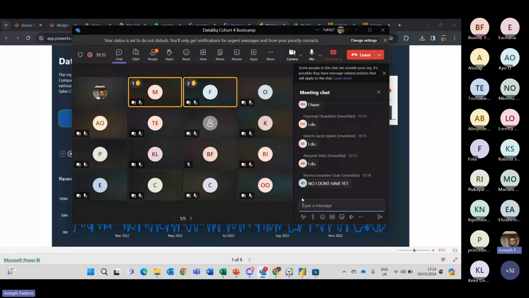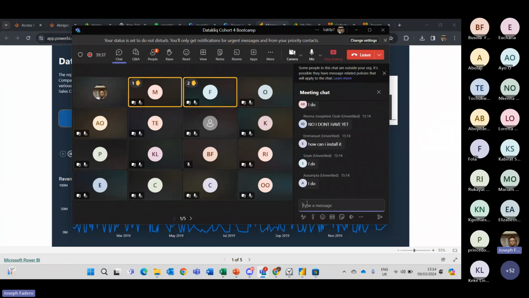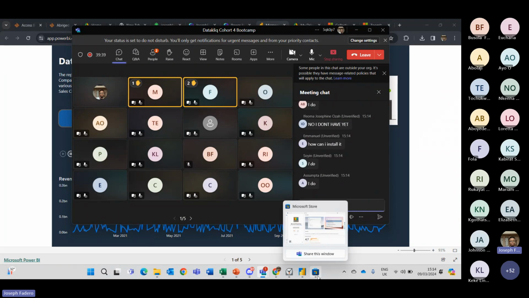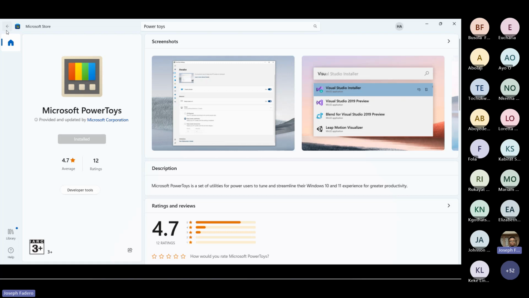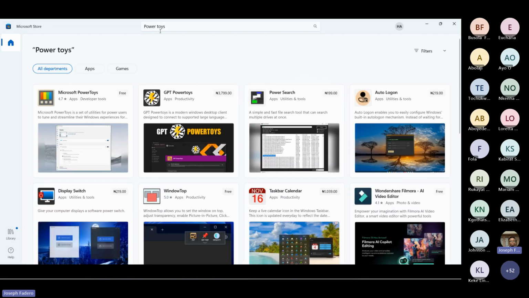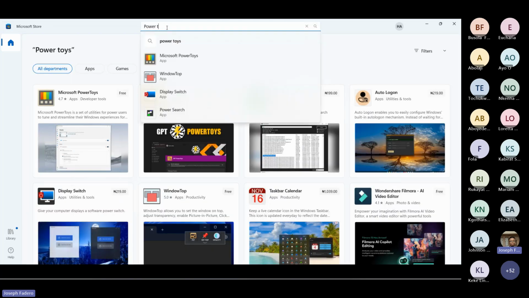If you do not have it, you can always get Power BI from the Microsoft Store. If you are using a Windows PC, you can go to the Microsoft Store, search for Power BI Desktop, and you will be able to download it as well.